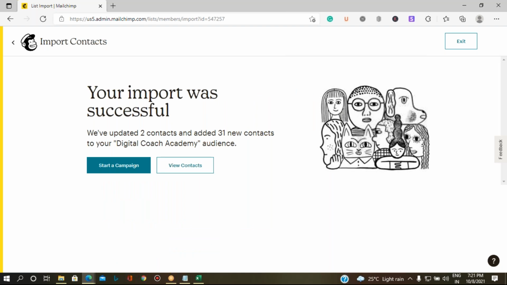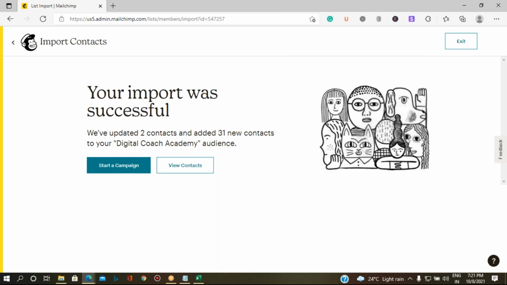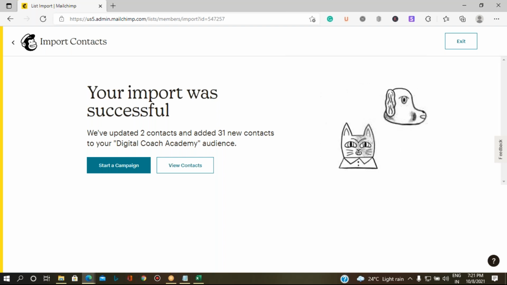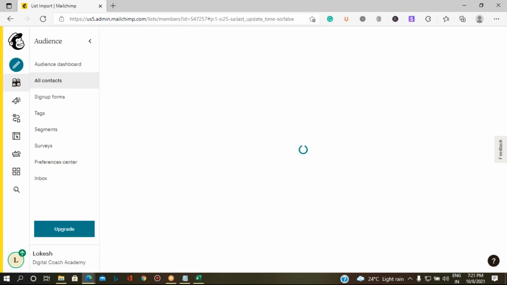See, this is only 33 email IDs, but in your businesses, you will not have only 50 numbers or 2 numbers. It could be 3 numbers or 4 numbers also. That will be a possibility. Okay, so you can add all those email IDs and click on exit. You'll be back to the all contacts screen.